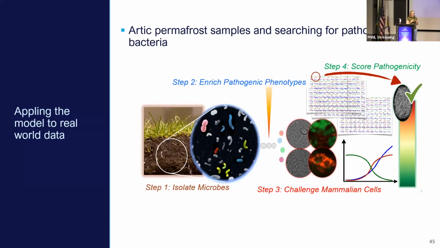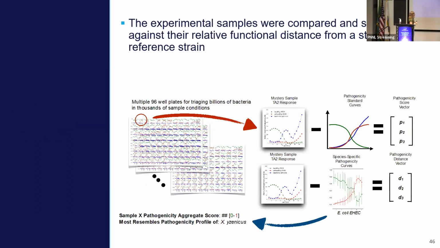And so again, that scoring of pathogenicity is our machine learning model looking for patterns that say, oh, this is a pattern of a healthy human cell, that bacteria, not a threat. This is a human cell that is being attacked. This is a threat, higher pathogenicity score. So these scores